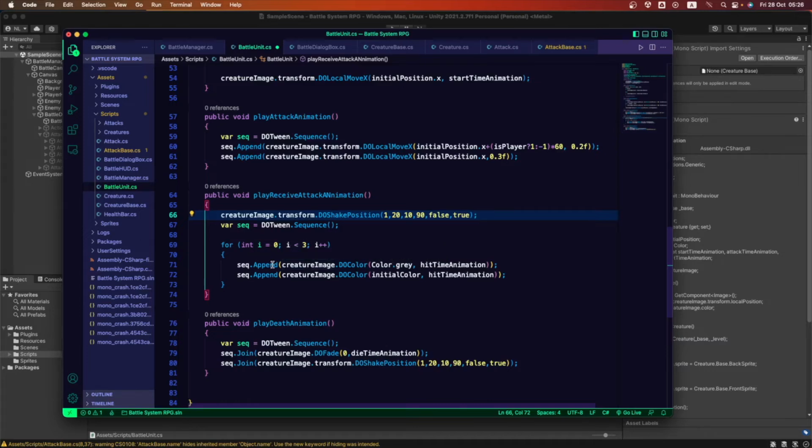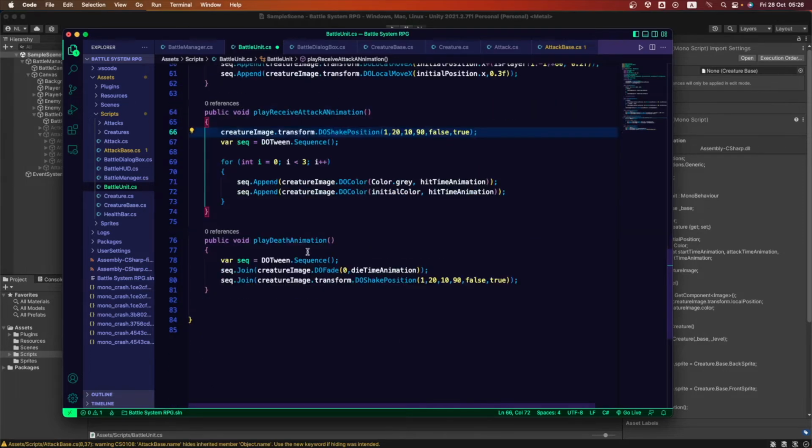This flicker effect is achieved by changing color in a very fast manner. We are using the hit time animation. We're going to see if the value that we have right now, which is 0, we've got to make it a bit bigger, like 0.something, and it's going to change the color of our sprite. It's going to change it to gray, to our initial color, to gray, to our initial color, very fast, multiple times, as it iterates on the for loop.